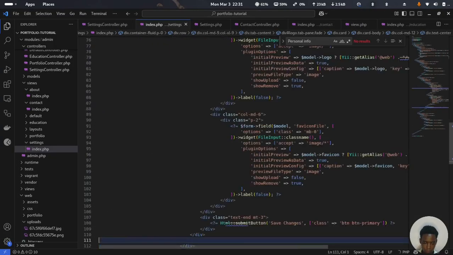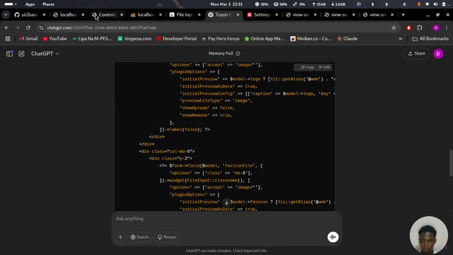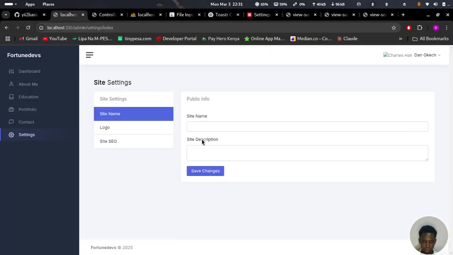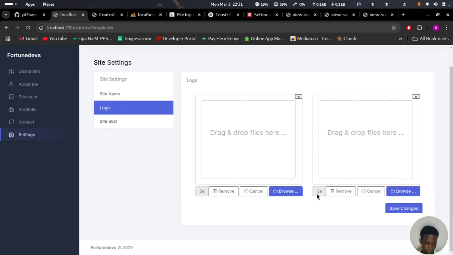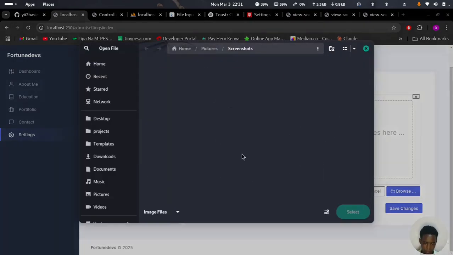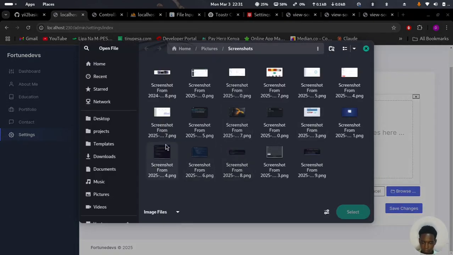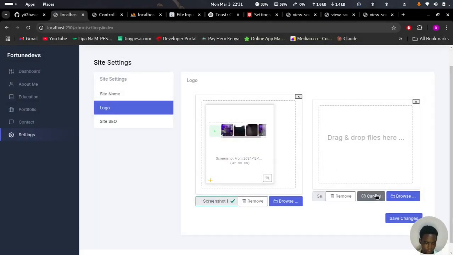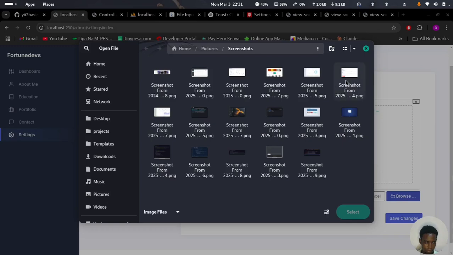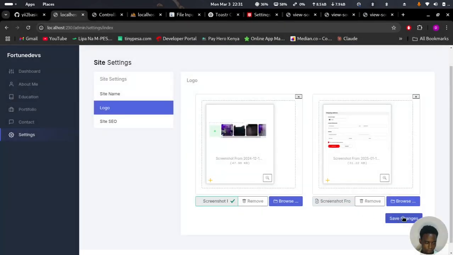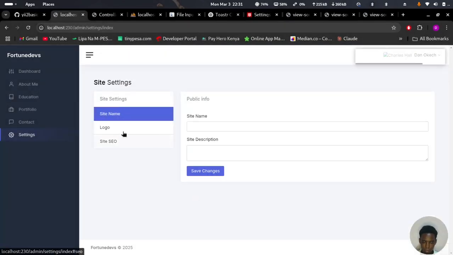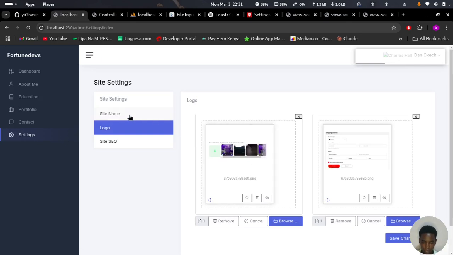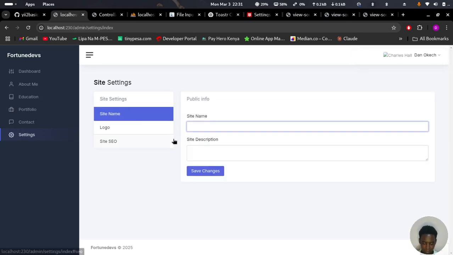I just paste it and confirm if it's working. Inside the logo we have everything set. Now we can just upload anything you want. Let me just try something. Browse this one and then save. We have everything saved in the logo. Yeah, it's working. Site name is Fortune,